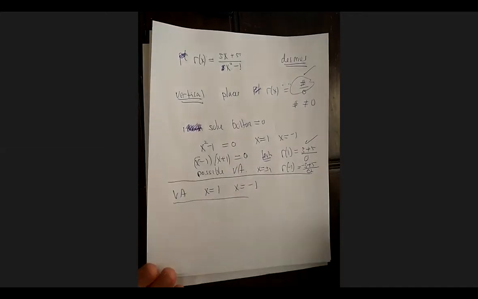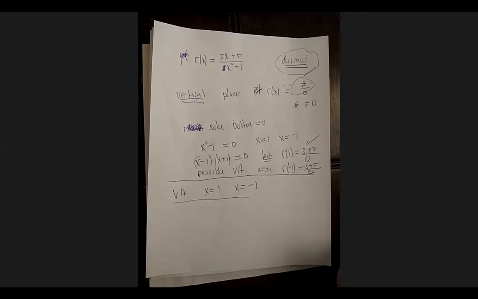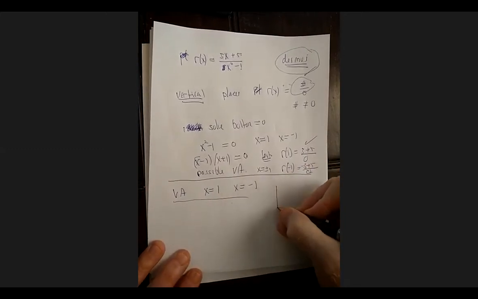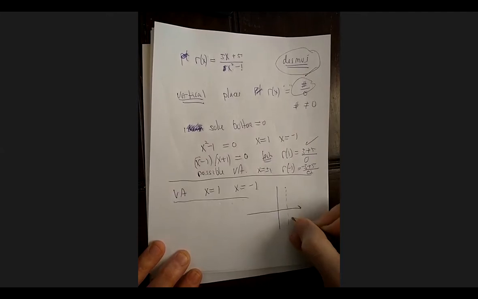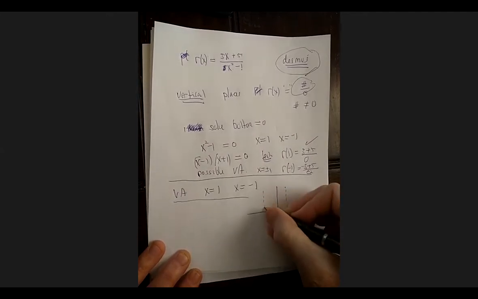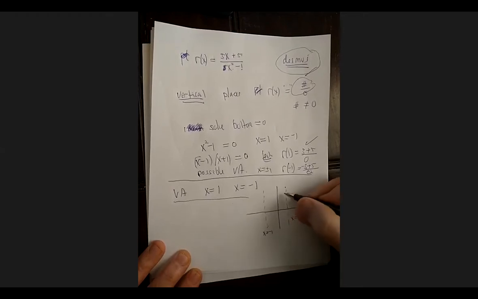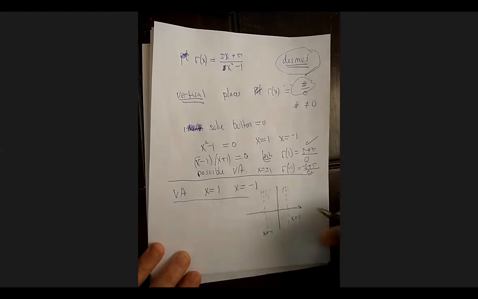For sketching a graph, I'm going to go over how to do this by hand, but for the exam, you're allowed to use Desmos, so you would definitely want to check with that. Here's my graph, here's the x-axis, and I know at these points the graph is either going to go like this, or it's going to go like this. I don't have enough information yet.